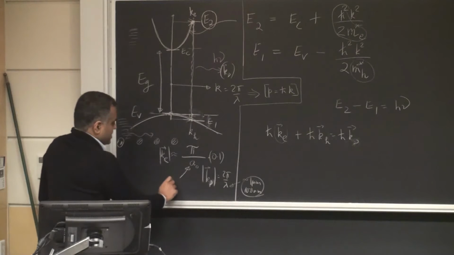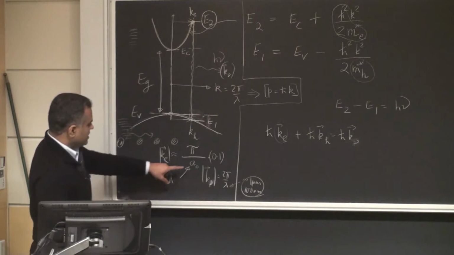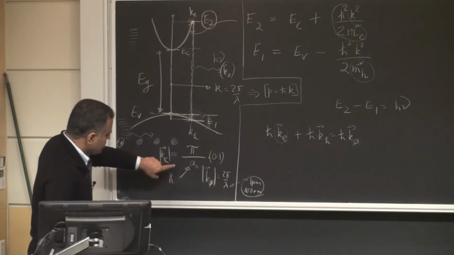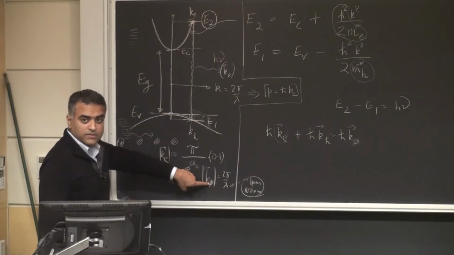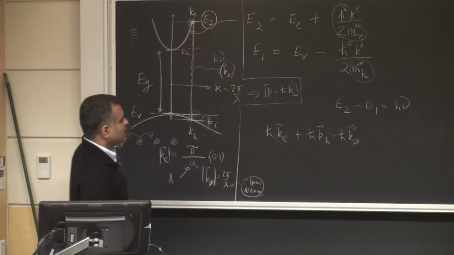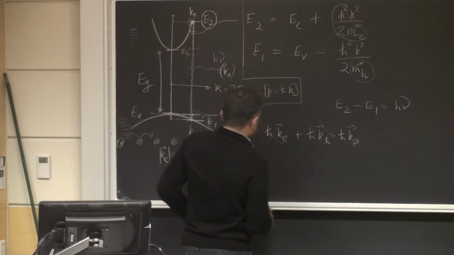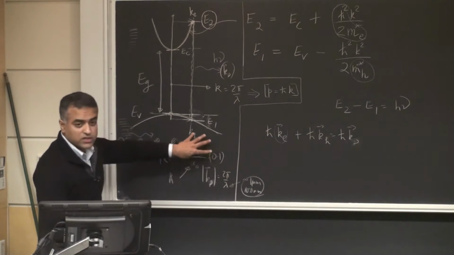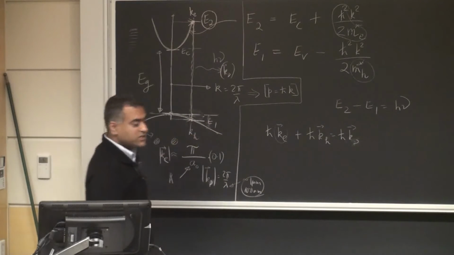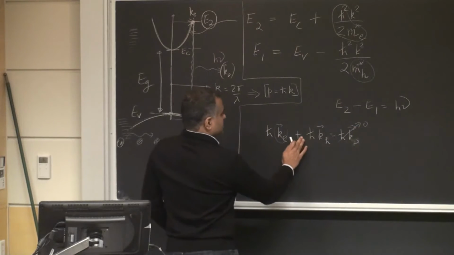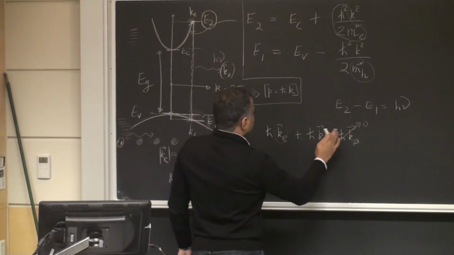Whereas this is in angstroms, and it's sitting in the denominator, so you can see right away that the k of the electron or the hole is actually way larger than the k of the photon. The momentum of the electron or the hole is way larger than the momentum of the photon, which is why, and in the book they give some estimates, this could be 3 or 4 orders of magnitude smaller than that one. So as a result, we make a very nice approximation that that thing is actually kind of 0, and therefore,